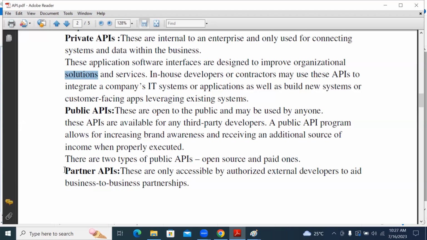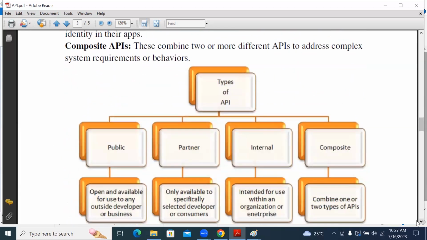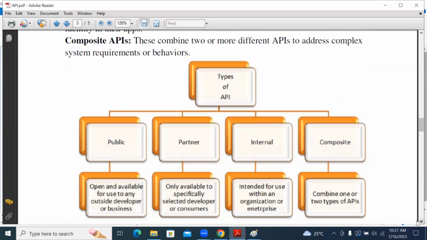So private is a particular person; partner is a group of persons. Like 2-3 companies communicate together and say, as part of our companies' requirement, let's develop this API, and then they use that particular API. And finally, we've got composite API.